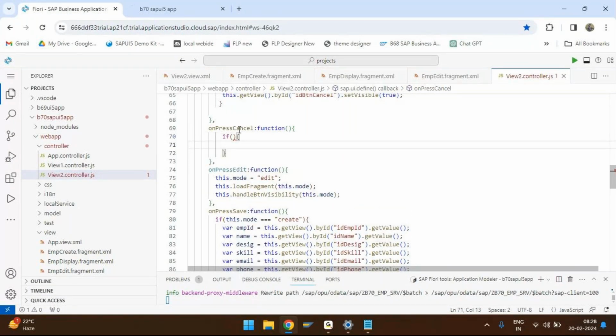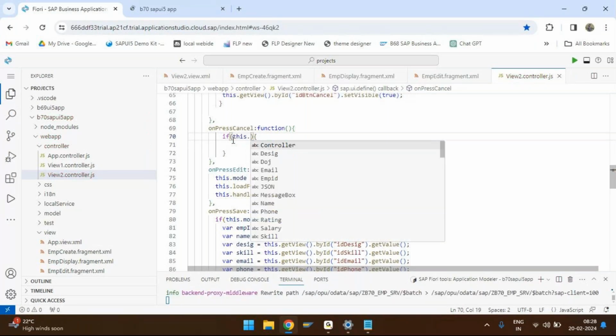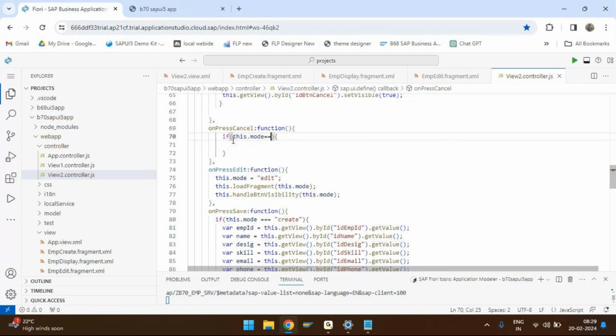So let's say I'm in the create mode. So this.mode equals create. If you are in the create mode, what you need to do is clear the form and go to the first screen. So I'm just writing a comment here: clear the form and go to first screen. Else